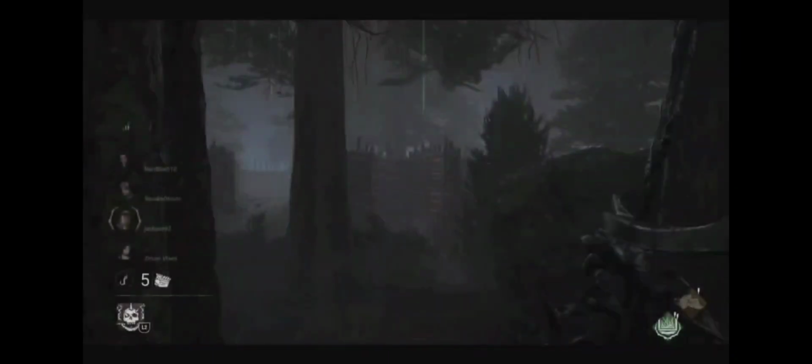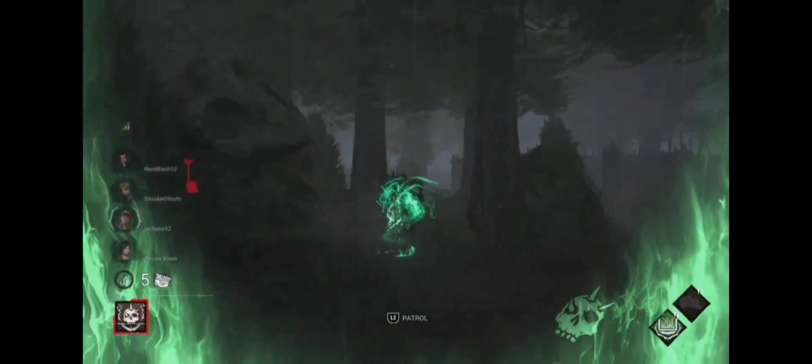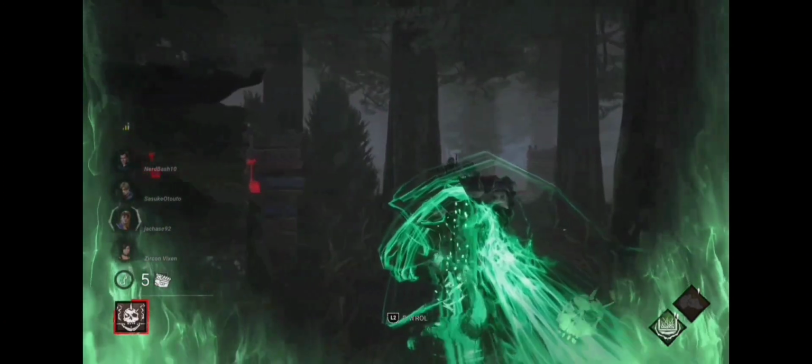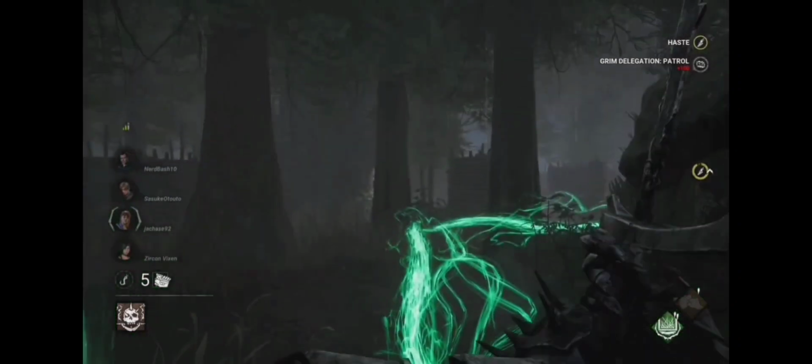Well, his actual ability is to kind of summon this guard. It's an undead guard that will work for you, kind of like the Nemesis zombies do. It will track survivors when used. It will find their